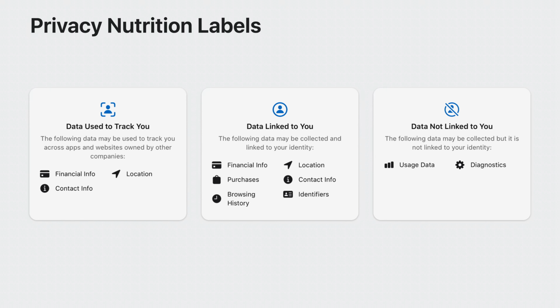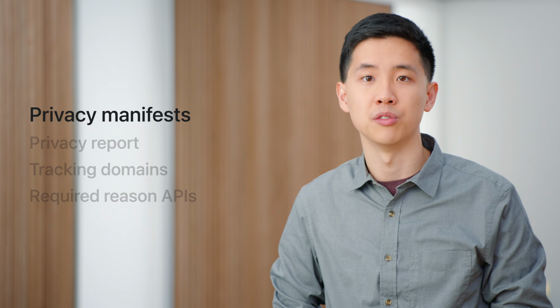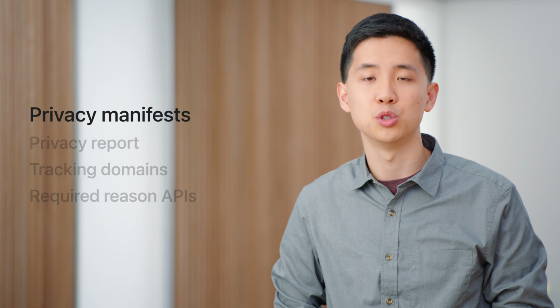For all new and updated apps on the App Store, developers like you have been providing privacy nutrition labels. And you've been using app tracking transparency to give people control over when their data is used to track them. It's now easier for you to provide accurate nutrition labels and integrate app tracking transparency. You're responsible for all code included in your apps, per the App Store review guidelines. This includes any data collection and tracking practices.